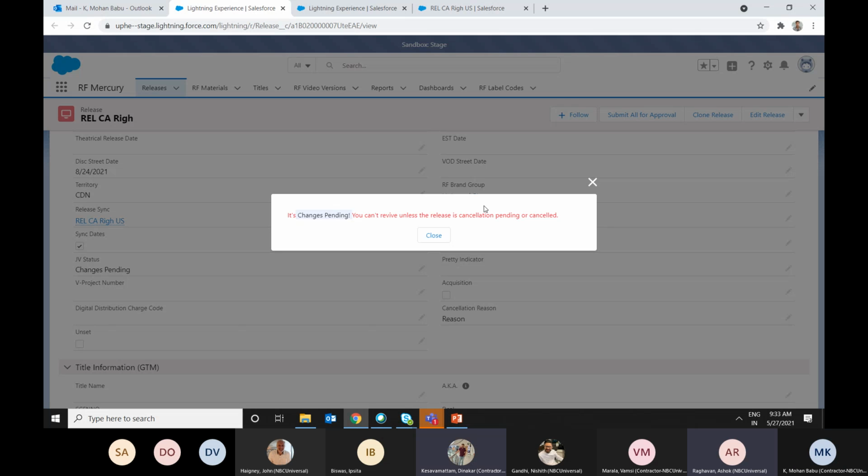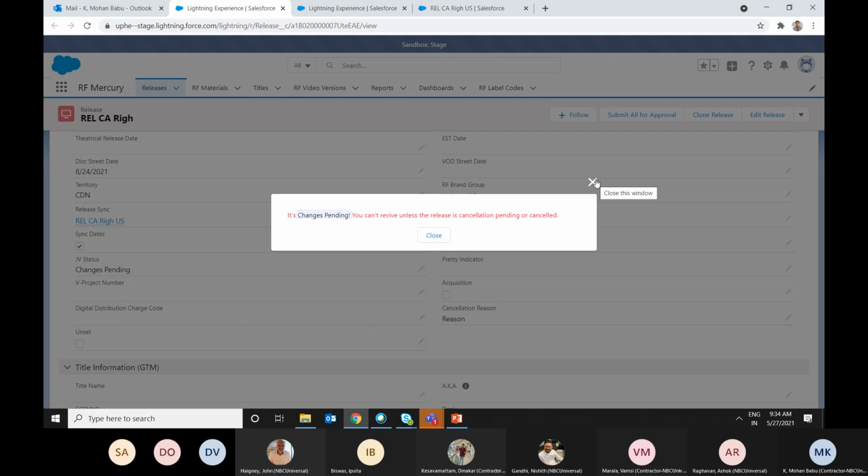So we have a profile created for such users? Yes, we have a JV profile. So is that like the old master data profile? No, this is just for integration. So JV is considered like an API. Okay, so the JV profile, they never log into Salesforce. They only come and grab data through Informatica, or we are sending data through TIBCO. Only two possibilities. Okay, so the old master data is still there. Still there, yeah. So release cancellation pending to actually cancelled is done by the master data itself.